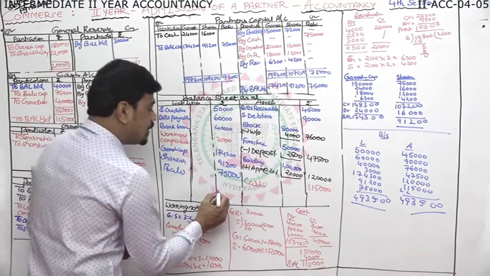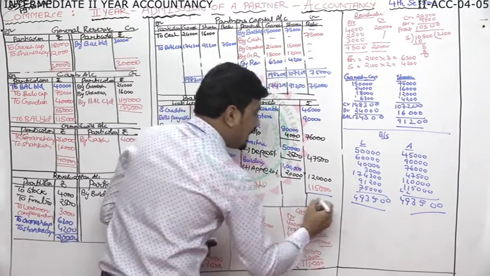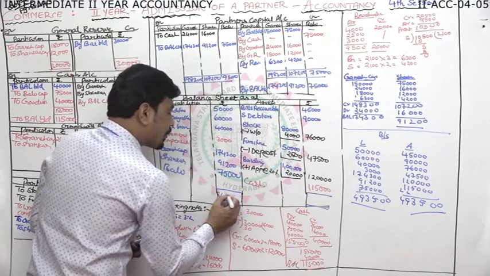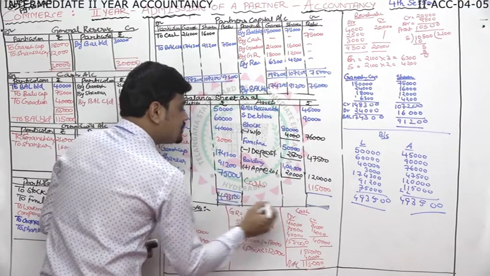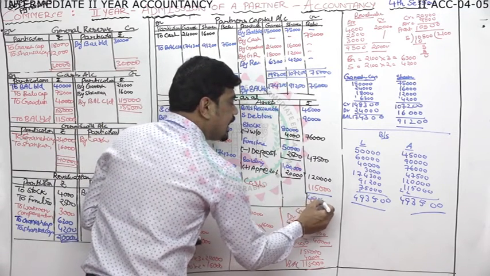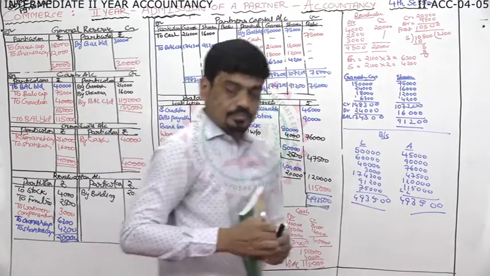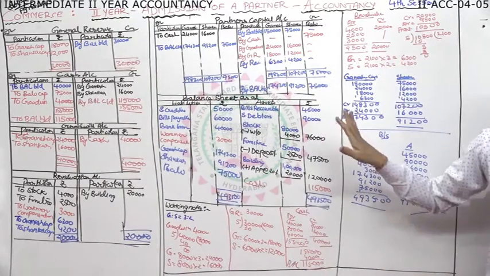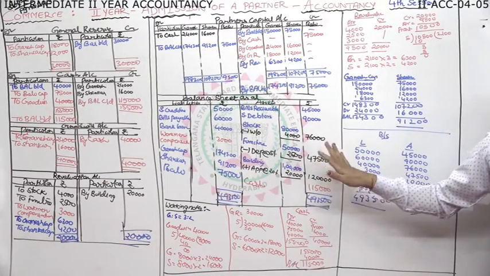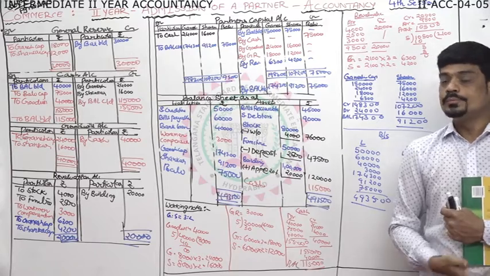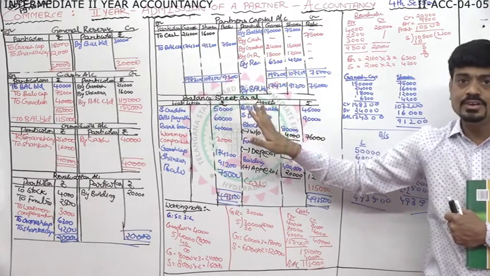Like that, 100% your answer will be correct on both the sides. 4,93,500. Like that, if you follow the technique, even in exam, whenever you are asked to do a partnership question, better